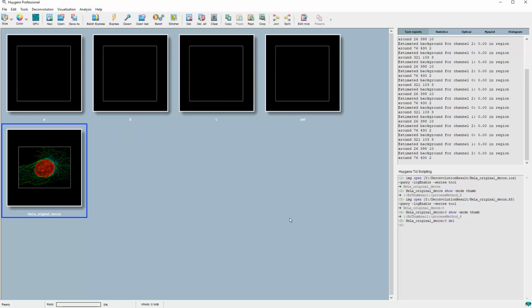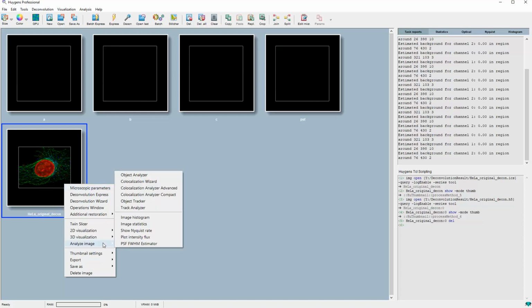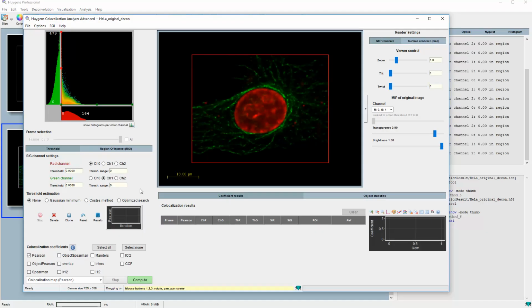Besides the wizard, there is also an Advanced and Compact Colocalization Analyzer. The Advanced Analyzer provides a large overview of all the options. This reduces the number of times clicking back and forth between the different stages in the wizard, and gives an overview of all the settings. As you can see here,